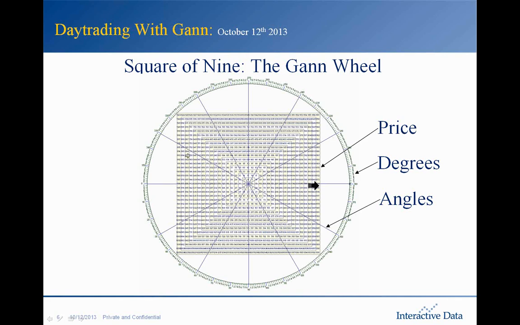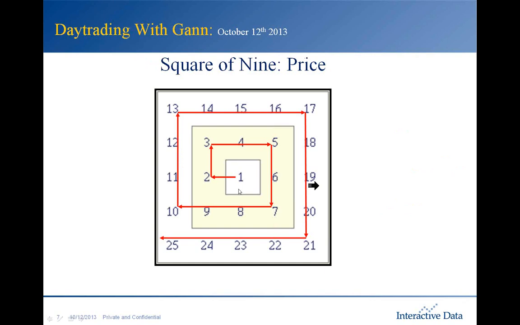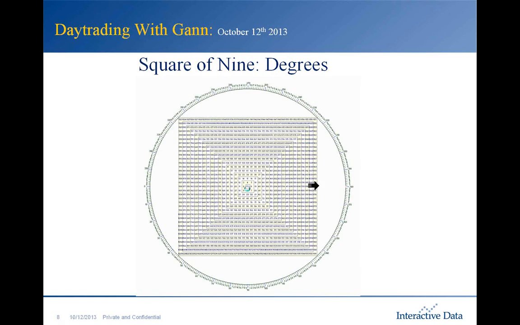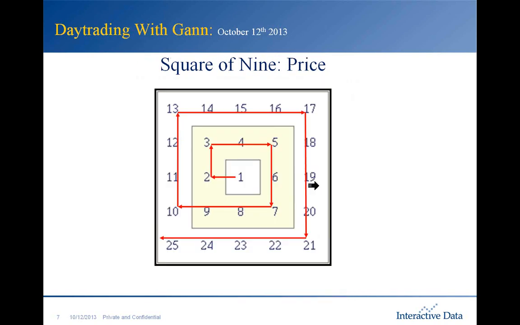And essentially what we're doing here is we are going to first focus on price. Now, if we were to look at the inner part of the Gann wheel, that first middle piece, you'll notice that we have that number 1 right here. That number 1, what we're doing, let me go back a couple of slides here. What we're doing is we start with the number 1, we move to the left to the number 2, and we work in a clockwise motion, and every time we make a complete rotation,